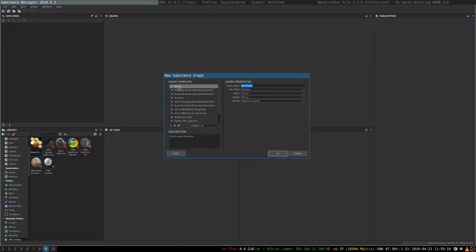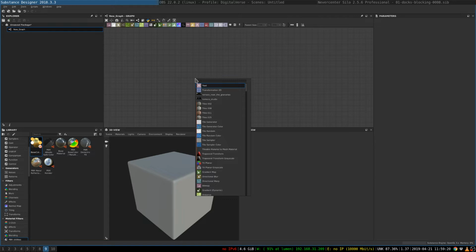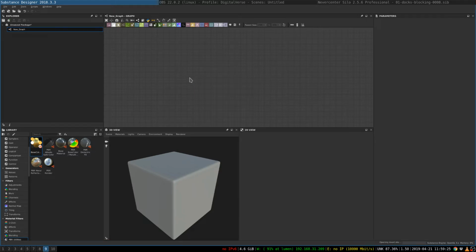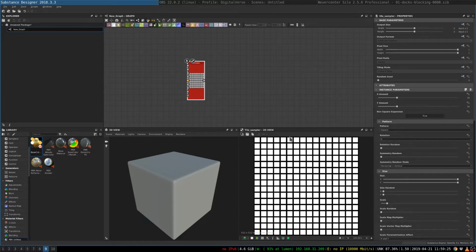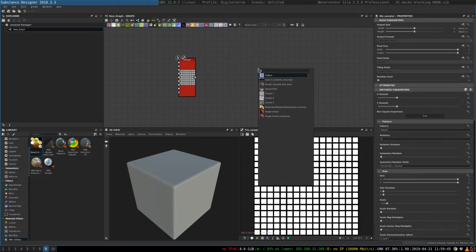I am going to create an empty graph template so that we would be able to set up a material from scratch. I am going to create a tile sampler node that will be the basic texture for us to turn into normals and into a height map. And now if I want to render this height map into the material, I need to create a couple of output nodes. Output nodes are what connect the textures that you have in the graph to the material. I will create an output node,